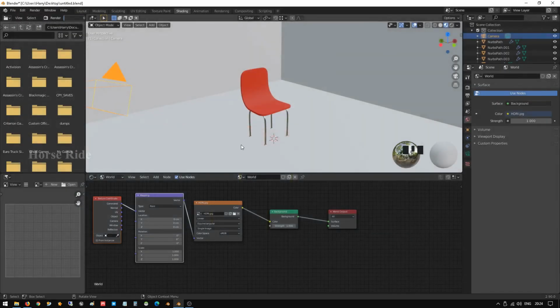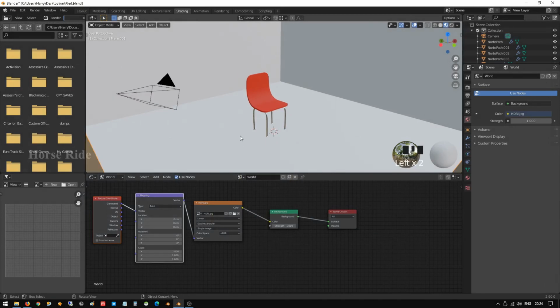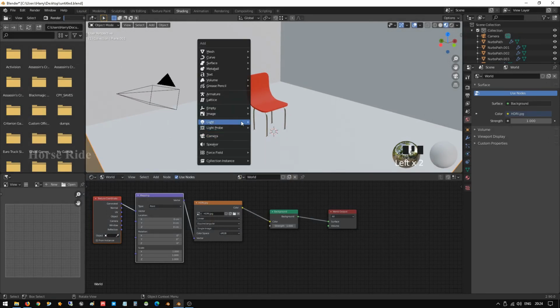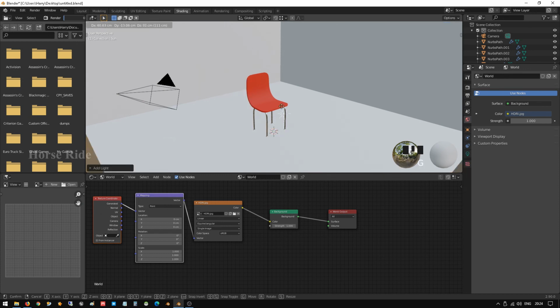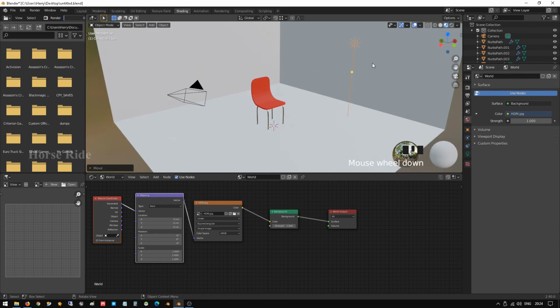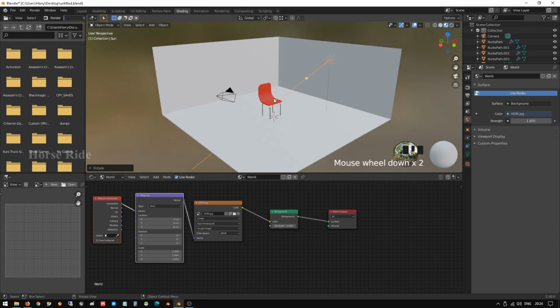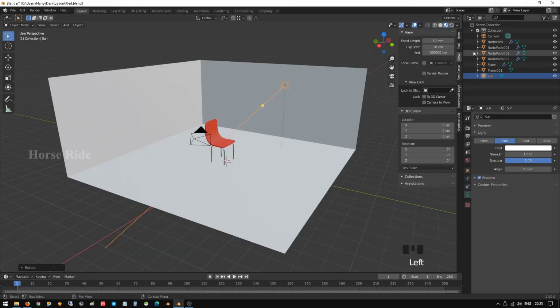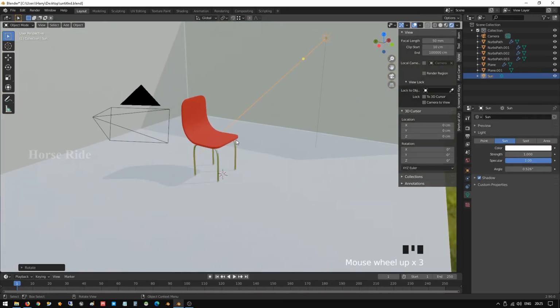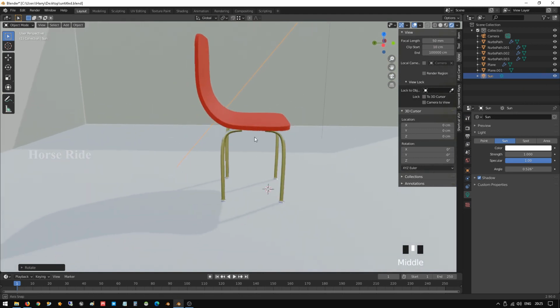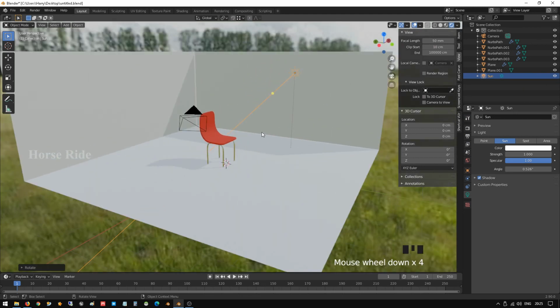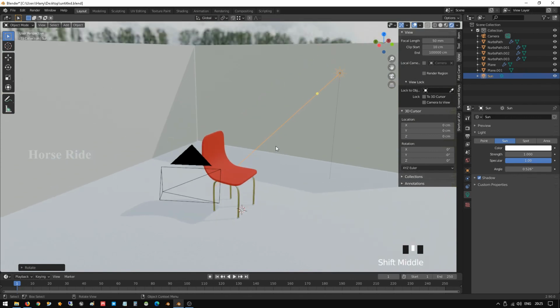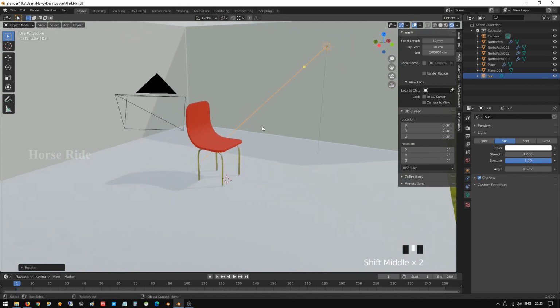How to do that? Press Shift A and click Sun. Move it. Now the sun has been given and rotated to this angle, and in layout render mode, okay, so this is the angle which we are going to create, and this angle we have given. Then let me add the object.